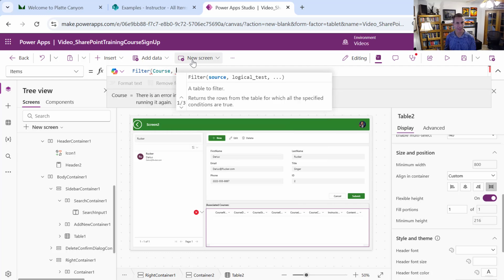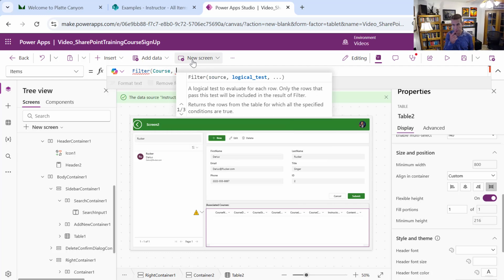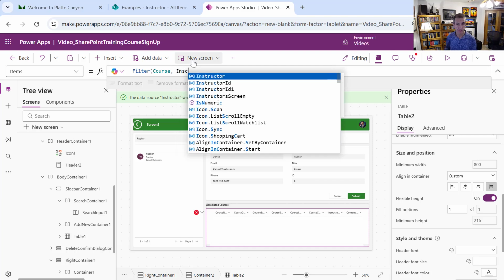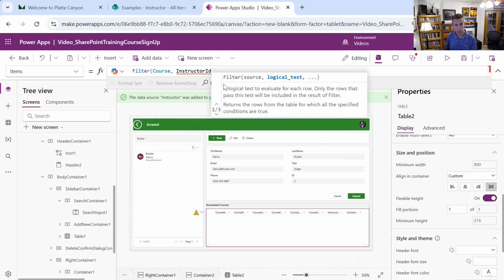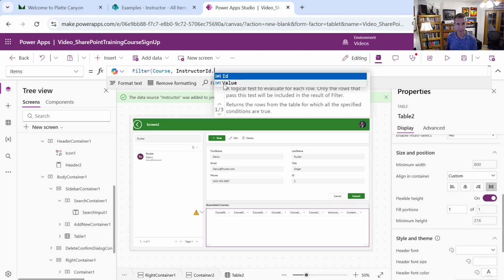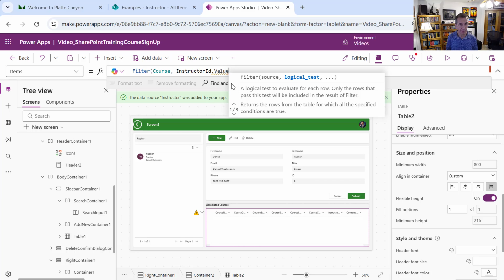And this is where these lookup columns are a little bit weird, so we just have to deal with it. So I say instructor ID, because remember that was my lookup column. But normally if we were in SQL, that'd be a number, but it isn't. We've got ID and value, and they end up both being the same. But what's weird is that value it thinks is text, but we want to use that because that's the one that doesn't have the delegation problem. So we want to say ID